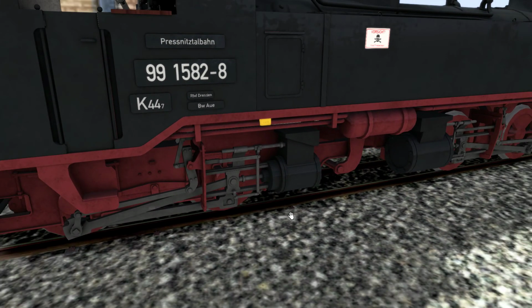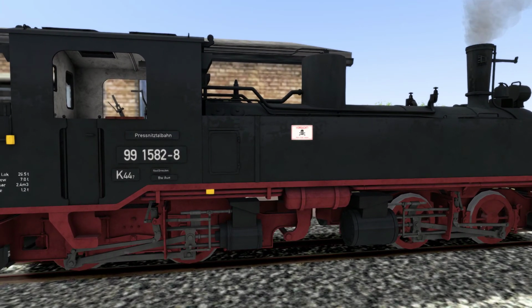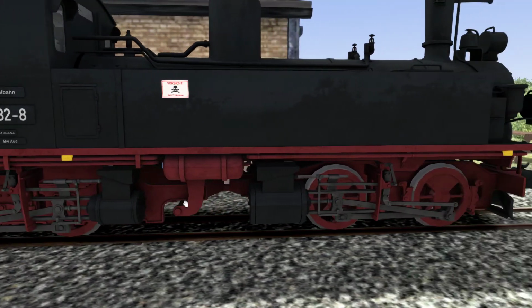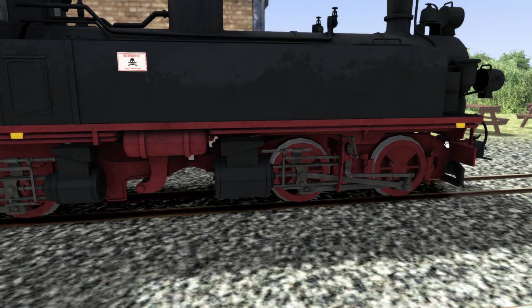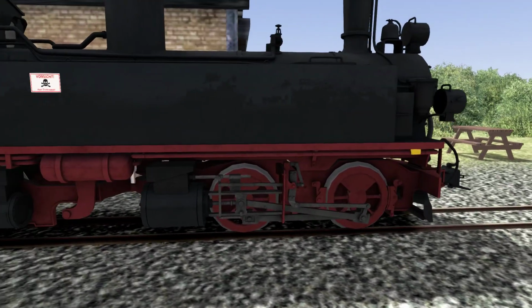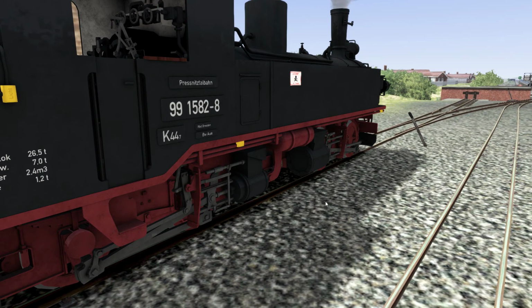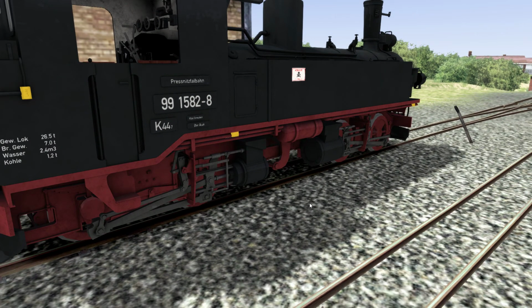But it's unique by my standards and unique by American standards in the sense that your front, we call them two separate engines. So your front engine here faces backwards, faces towards the locomotive, while your rear engine faces forwards, which is very unusual for anything in the United States. I don't know how common that is overseas, but for us it's very odd,